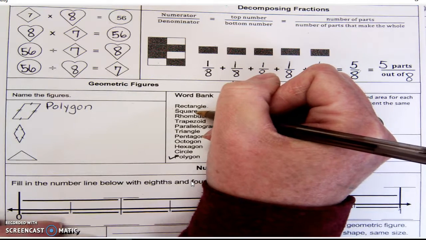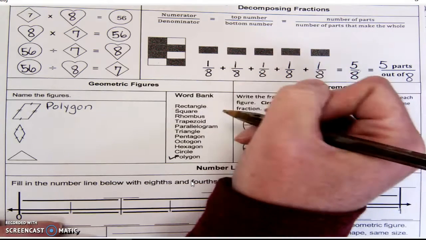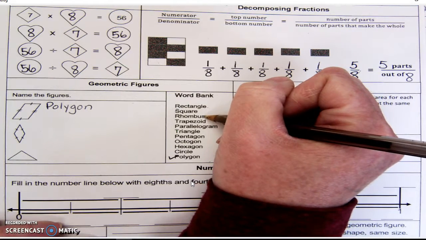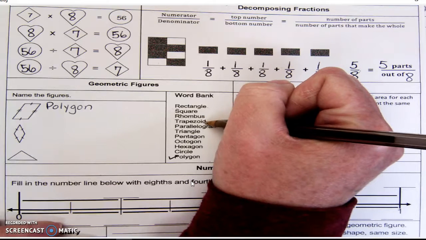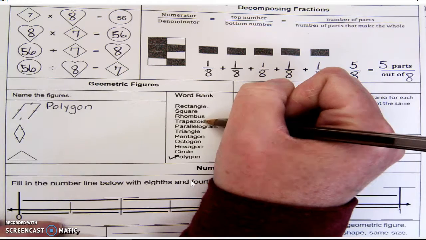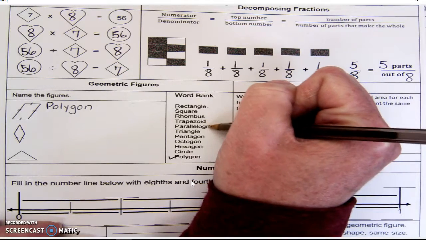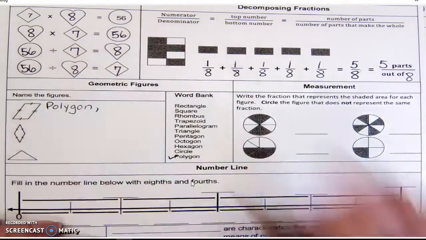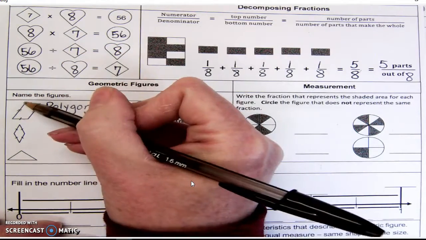It is not a square because a square also has 4 right angles. It's not a rhombus. A rhombus has 4 equal sides. It's not a trapezoid. A trapezoid has only 1 pair of parallel sides. It is a parallelogram, though, because the top and the bottom are parallel to each other, and the left and